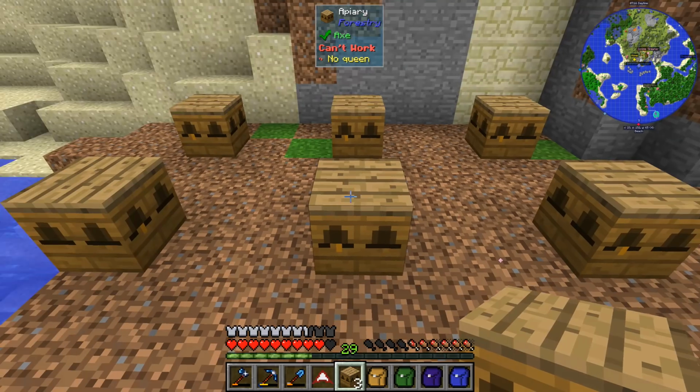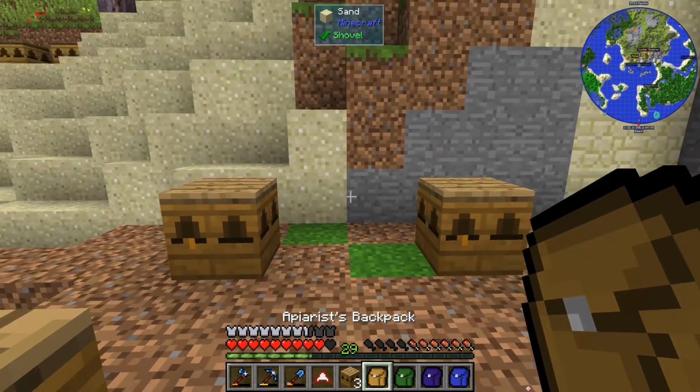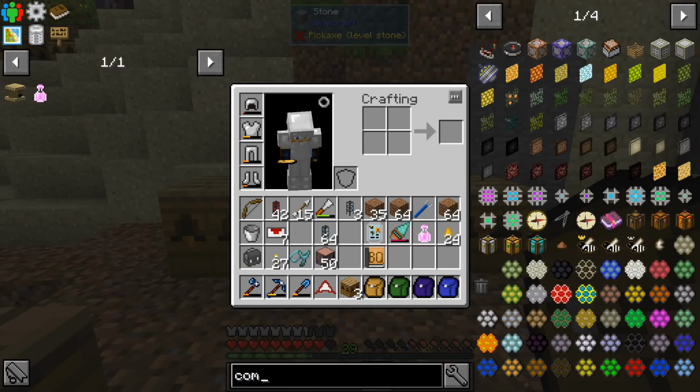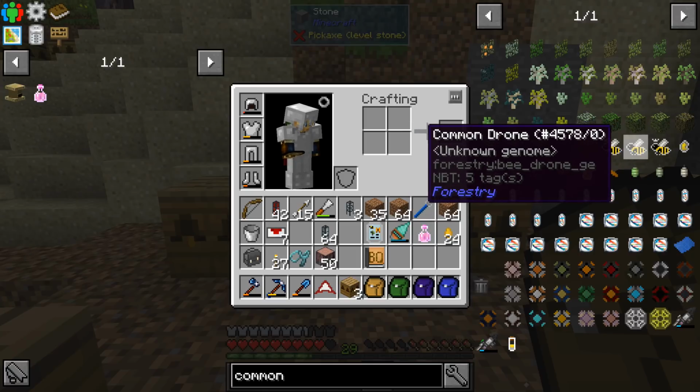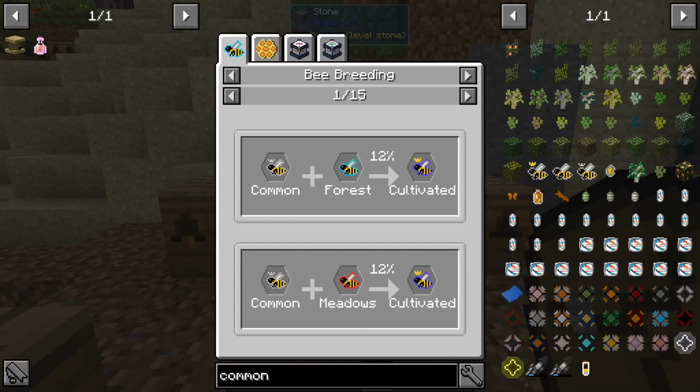No queen can't work. Yeah, we know about that. So let's try to figure out what we want. So we have the common bees. These ones. Common drone, common queen. So, ooh, here's the bee breeding ones. This is what we're looking for. So common and forest gets cultivated with the 12%. Common and meadows. Modest, tropical, marshy, wintry. Okay, so most of them can work. Sinister and common becomes tricky. Oh, wow. Yeah, so the common ones are kind of...